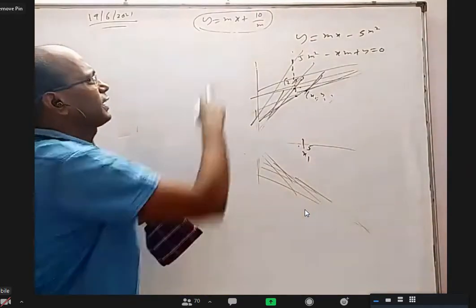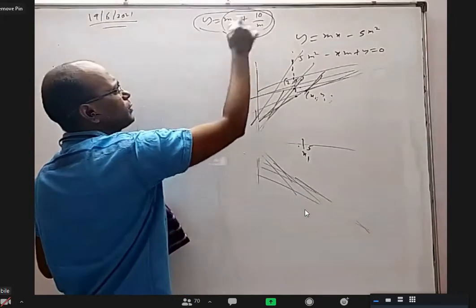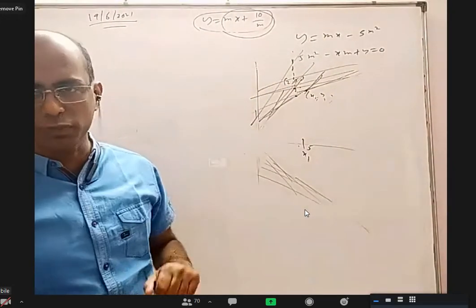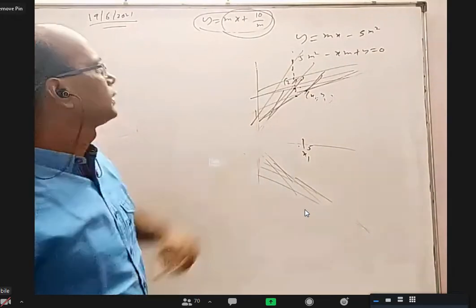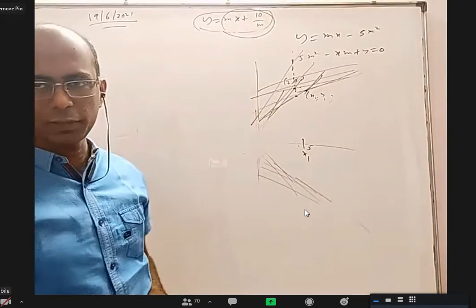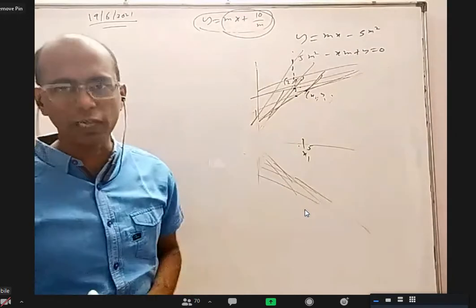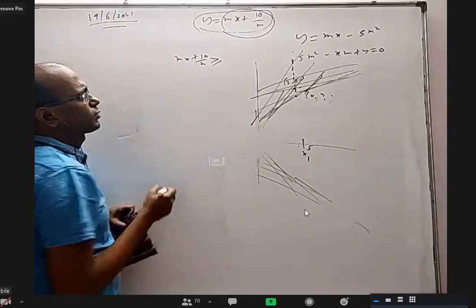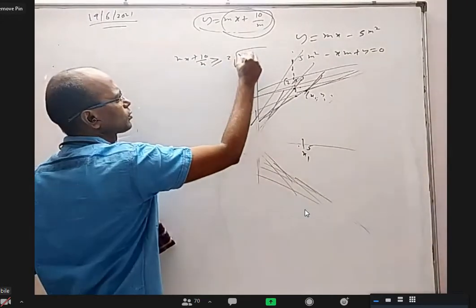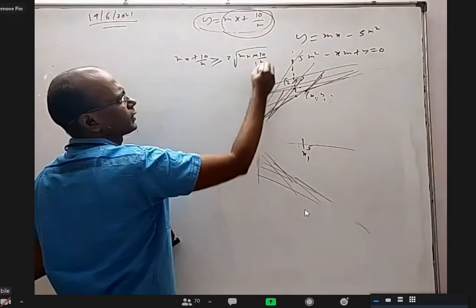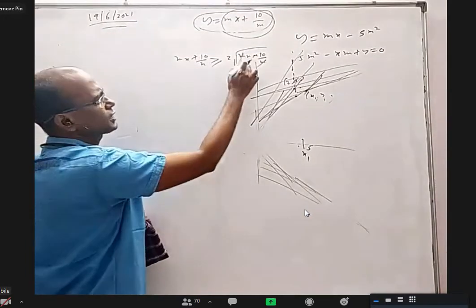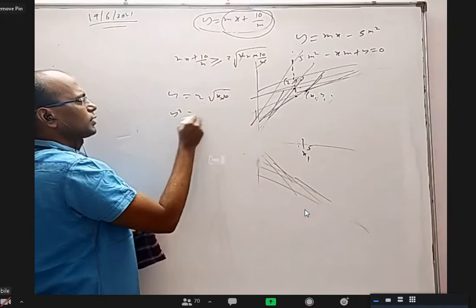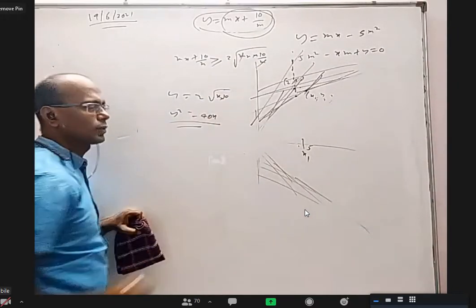So that means when I fix x, this is a variable in terms of m. And I have to find the minimum value of this, right? I can even use the AM-GM inequality here for finding the minimum value. I can even use calculus. If you take mx plus 10 by m, it is always greater than or equal to 2 times square root of mx into 10 by m. m will cancel. So the least y coordinate is 2 root 10x. Square it, you will get y square equal to 40x. You got the parabola, right?